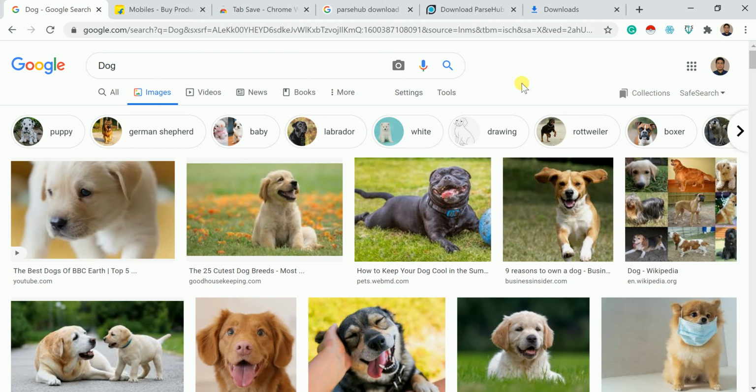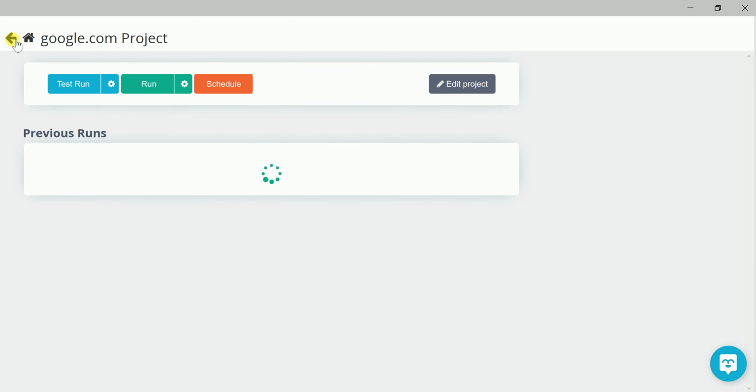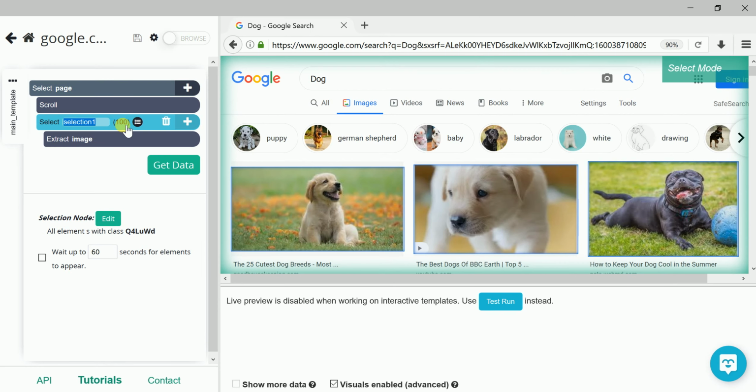The only thing is, in the case of Google and Bing, I'll show you here. One second. Even though the count will be 3000, 4000 images you are able to select, while exporting the file you will not be able to export all of them. It may be 60 or 70. I tried 2 times, and the same thing happened for me. You can also try from your side.